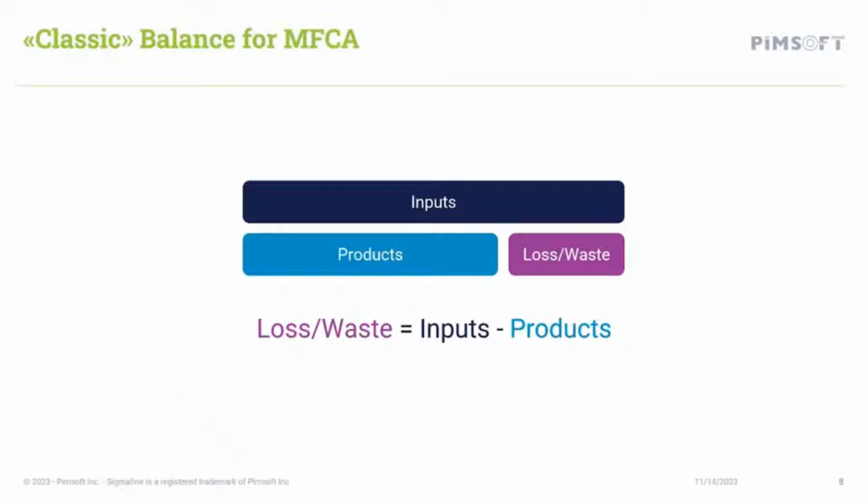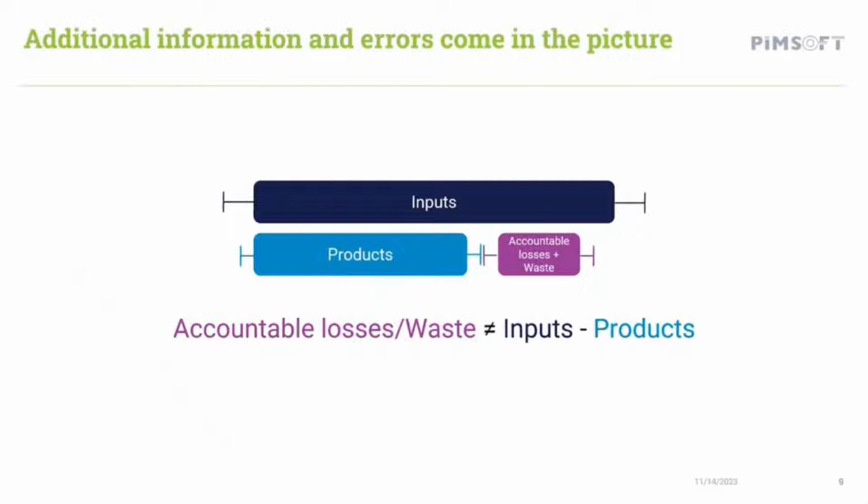If the material balance is looked at more closely, the classic approach given by MFCA is quite straightforward. Around the boundary, that can be the full facility or a specific quantity center, you consider the raw materials in input, the generated products, and by difference, the corresponding loss or waste production. Unfortunately, there are some shortcomings with this approach. Indeed, the classic approach is not considering the uncertainties regarding the quantities both of the inputs as well as of the products. Moreover, the considered loss and waste can differ from the real accountable losses and can overestimate the unaccountable ones.